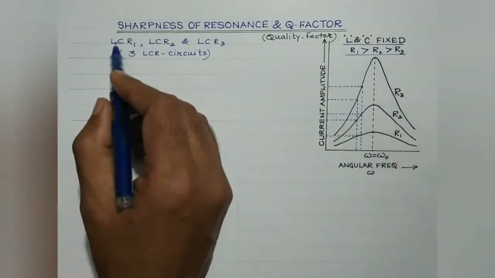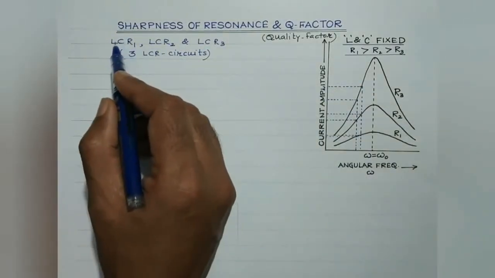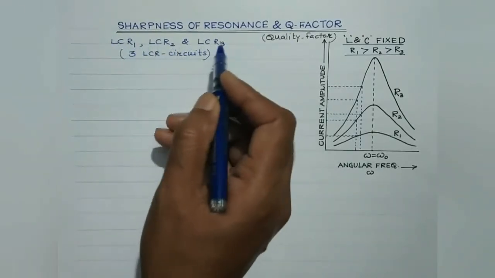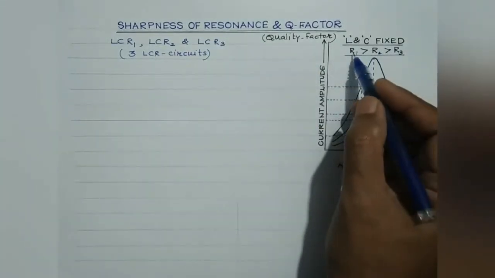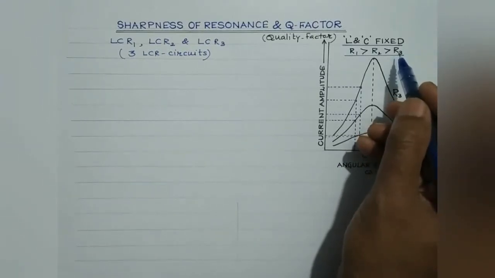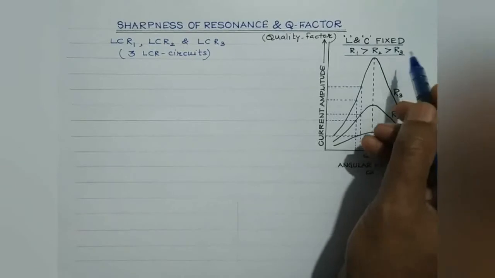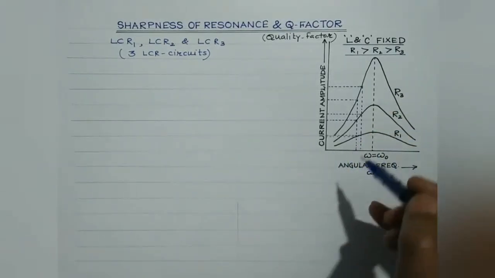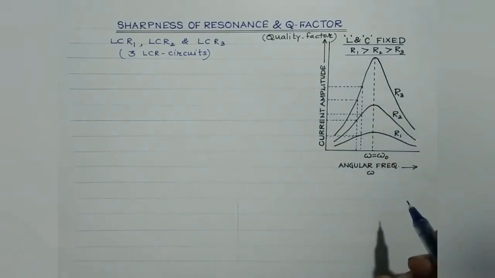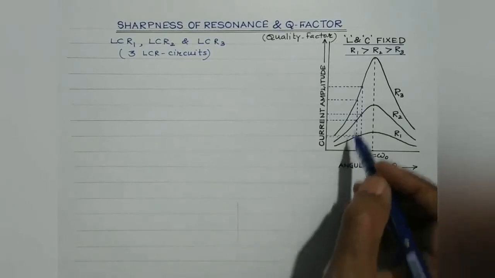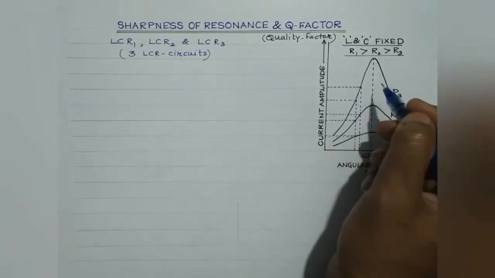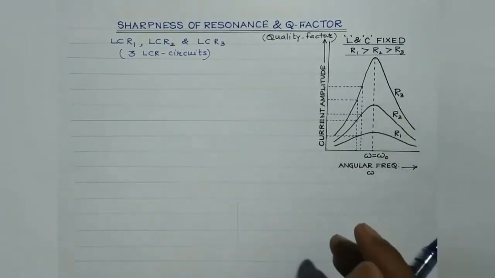Now here you can observe the value of L and C are fixed. The value of inductance and the capacitance in each of the LCR circuits is fixed, while the value of resistance is different. And R1 is taken to be greater than R2, and R3 is taken to be the minimum value. We are already aware of the nature of the graph between the current and the frequency of the AC source. It's like this only, right? And just previously we have discussed the nature of the graph. Now students, from the graph, this is LCR1, this is LCR2 and this is LCR3. From the graph, the following points can be concluded.